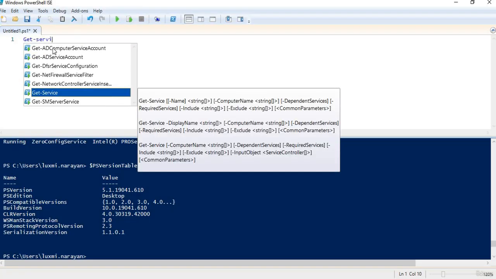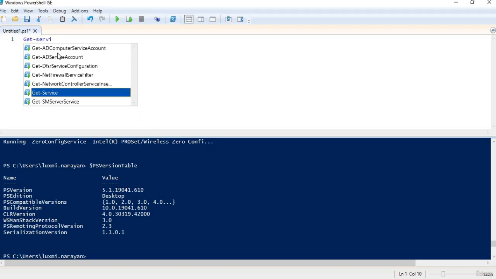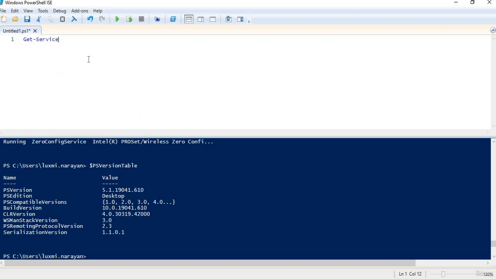In the script pane, we can create any script like this one. And as you can see, once we start typing something, PowerShell ISE suggests the possible values. This feature is known as IntelliSense. So we can choose the desired command and run it using Run Selection. We need not select the entire command and then run selection. In case we want to run a single line, we can click anywhere on that line and click Run Selection or F8.